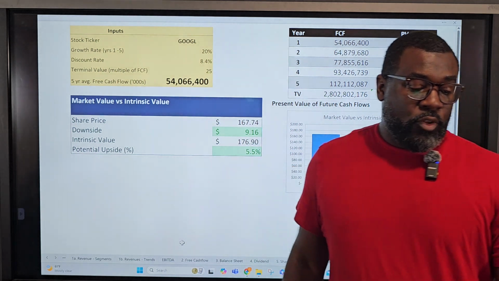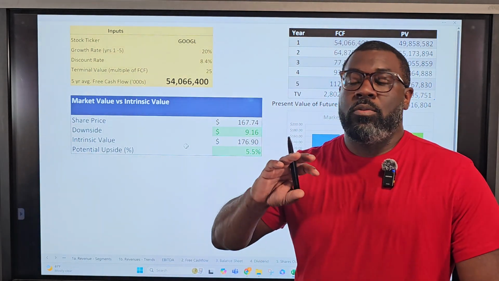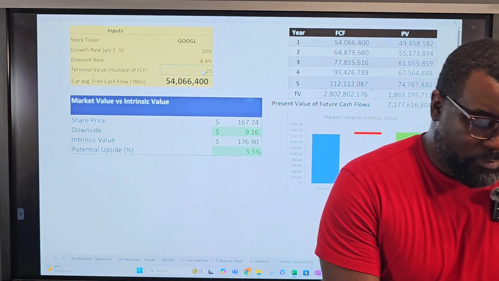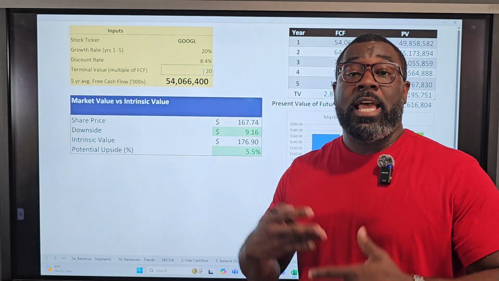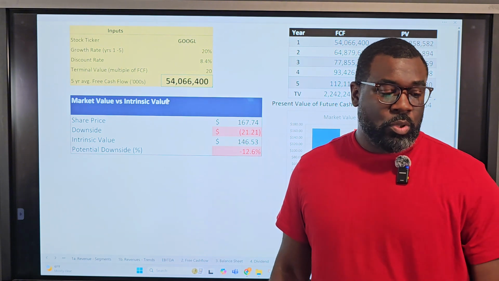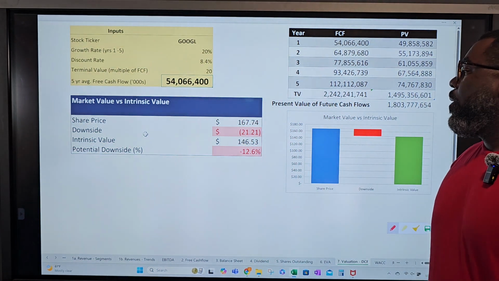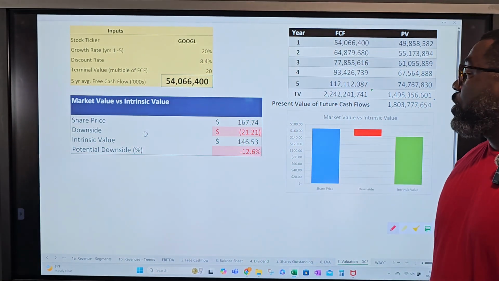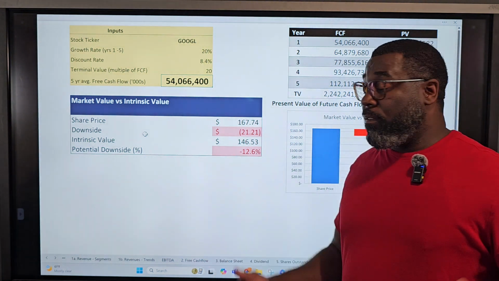Just to give you an example, you may say, hey, this company is starting to lose some market share to TikTok and AI generators. So maybe its future cash flows aren't as guaranteed or not as high quality as you see it. So you may drop down to a free cash flow multiple of 20. With that said, the intrinsic value drops to 146. For some people, this may still be within the range. They may have a larger range for the fair value.